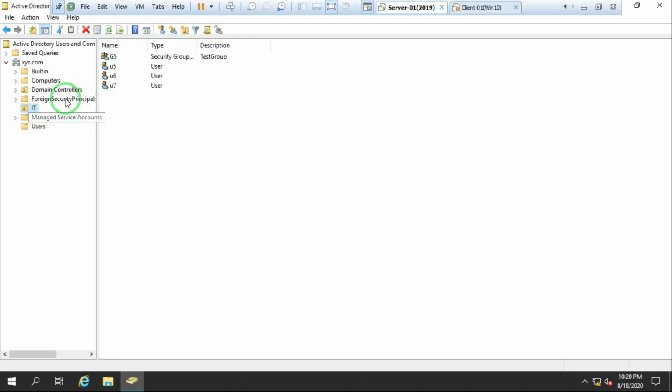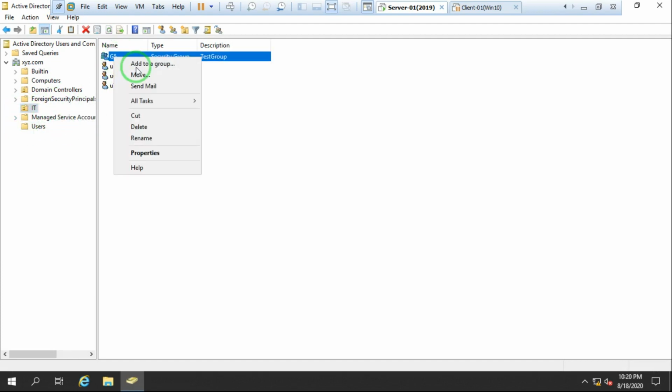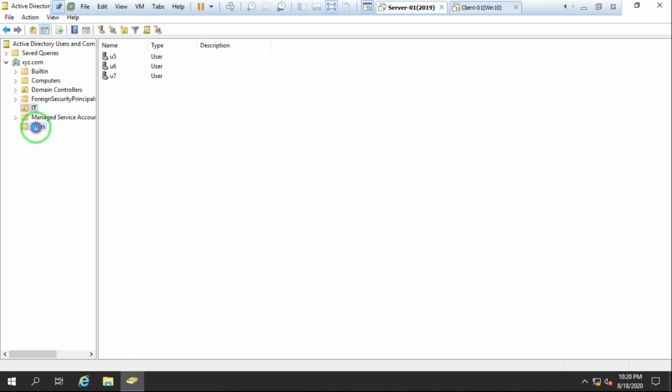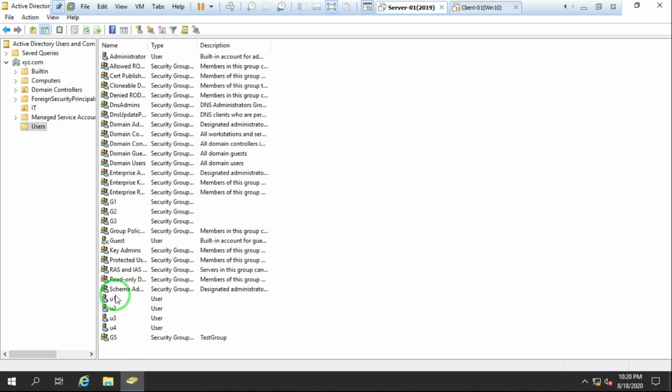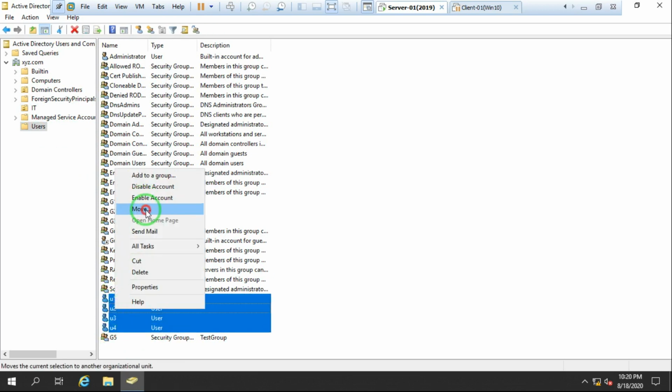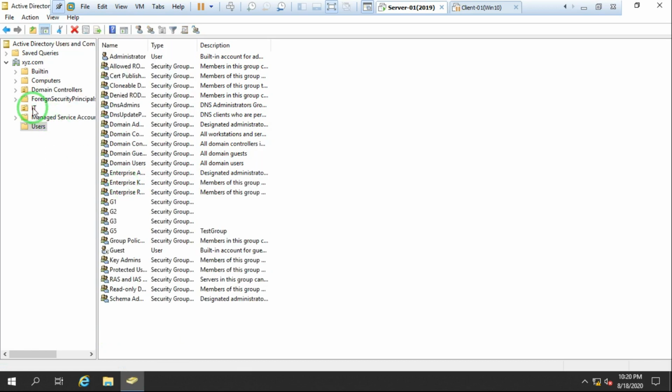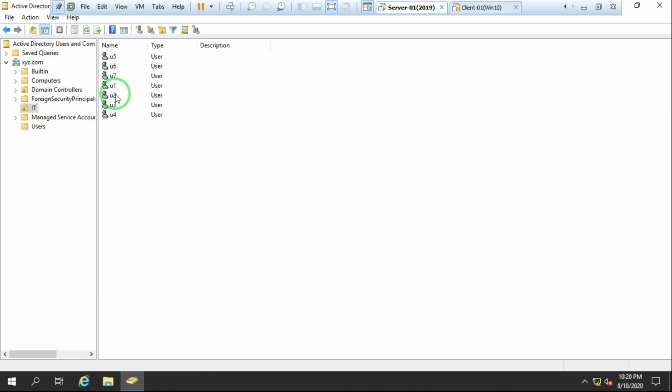I go to Users, where we have all the users, and add U1, U2, U3, U4, all the users into the IT OU. Now you can see that in the IT OU we have 7 users, U1 to U7.